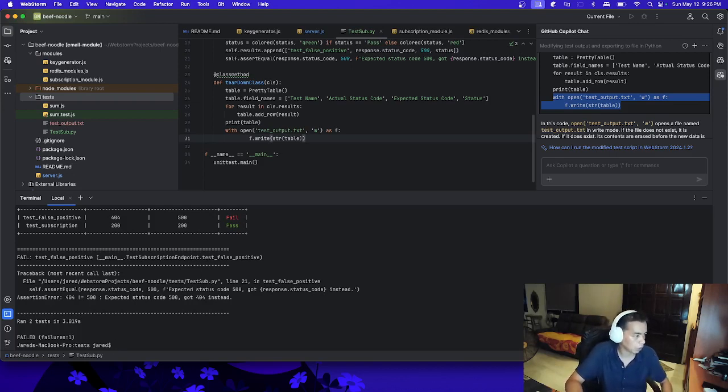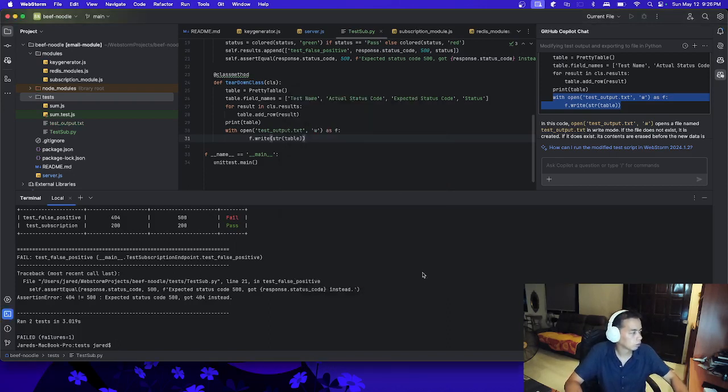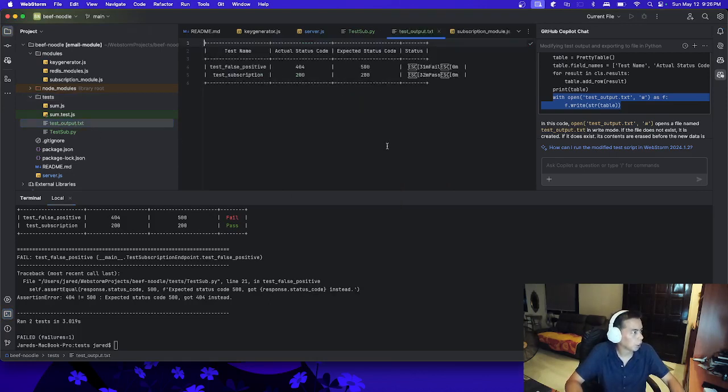So let's just view that file. Okay, so this is our file right now. The reason we have this strange text right here is because the output here, fail and pass, are colored. All right, so let's change that now.